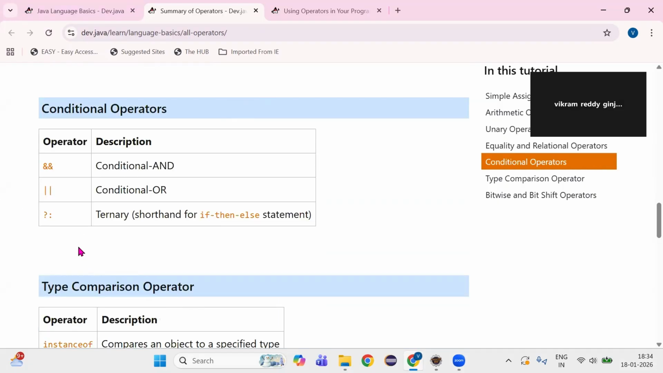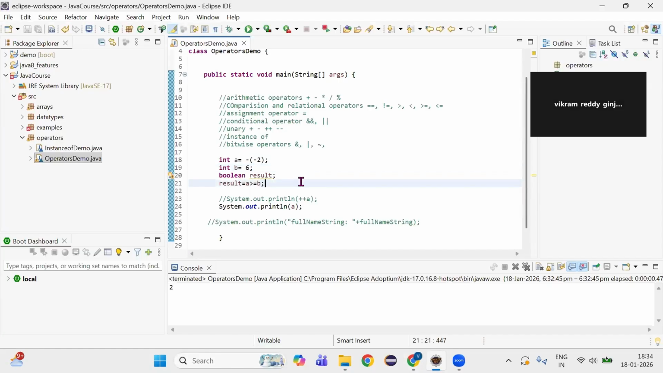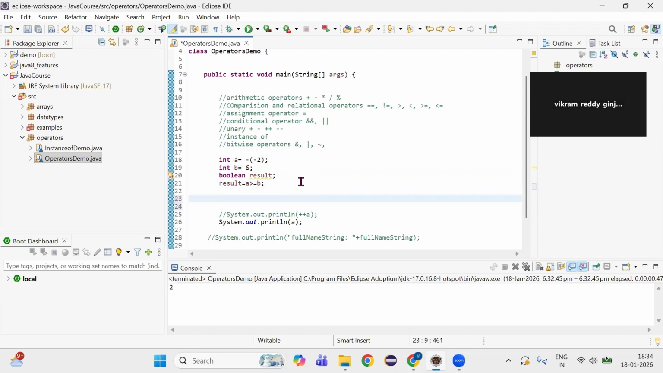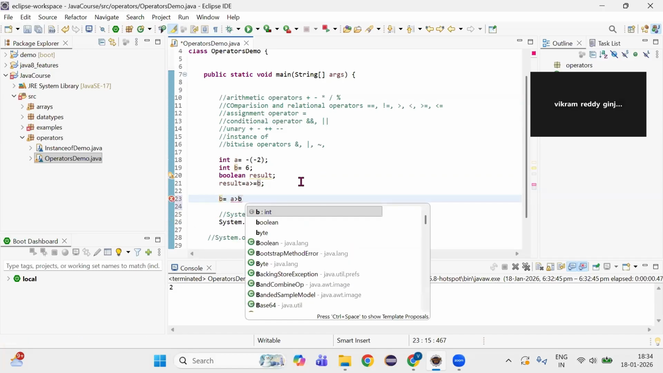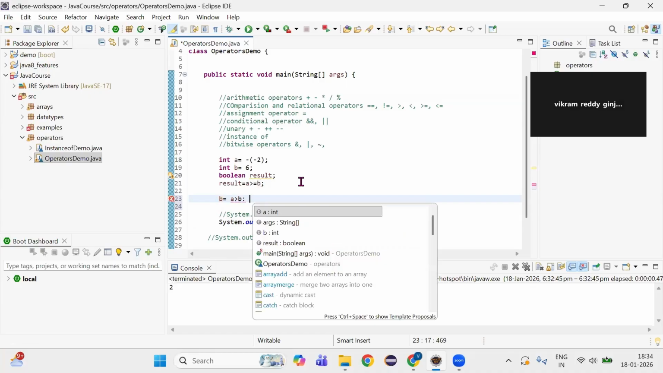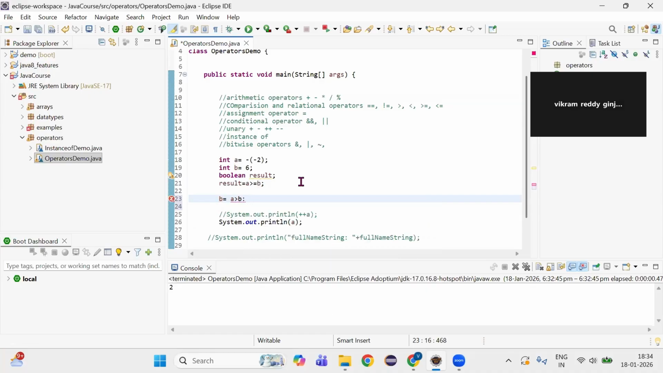Conditional operators we also discussed. One more thing we didn't discuss is the ternary operator. The ternary operator is similar to if then else. Suppose I want to assign a value based on a condition. I will assign like this: if a greater than b, then I assign 1. So the ternary operator logic will be a greater than b, 1, otherwise